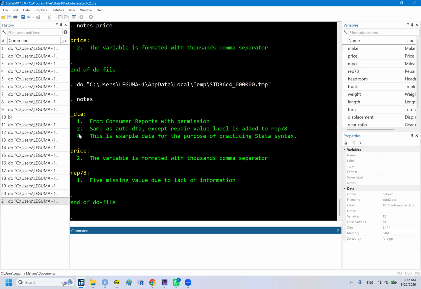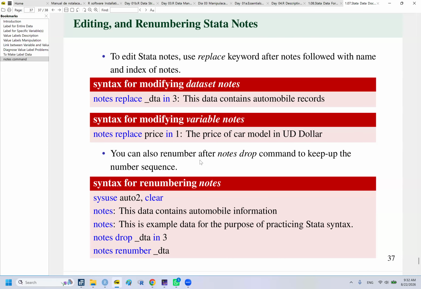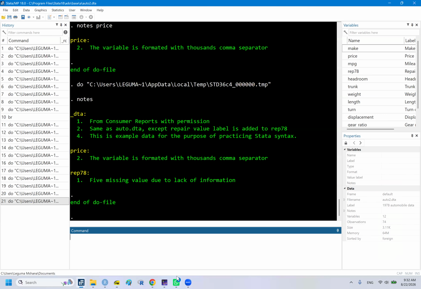Somehow there is a note which is missing here, while indeed you have removed them and nothing is missing. So you need to put your numbers back in sequence. And how can you do that? Just use notes renumber and then a particular name. If it is for the entire data set,